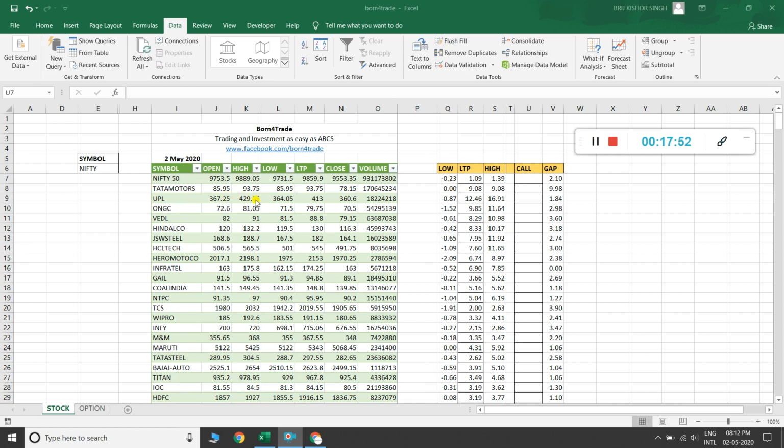It means open is equal to low, and it made 16.91% of high. And what is the meaning of this column? It means 12.46%. Still it is in high.